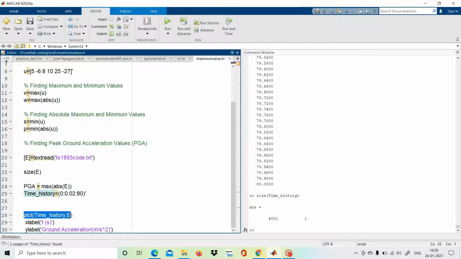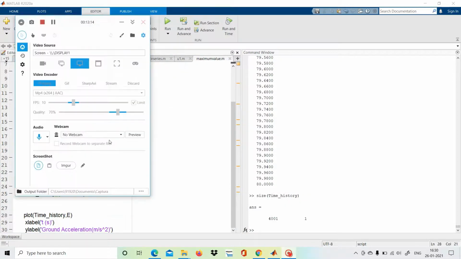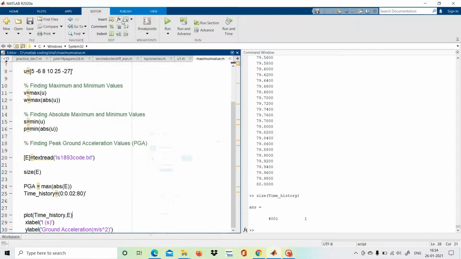Time history will be on the x-axis and E on the y-axis. Let's run the command.